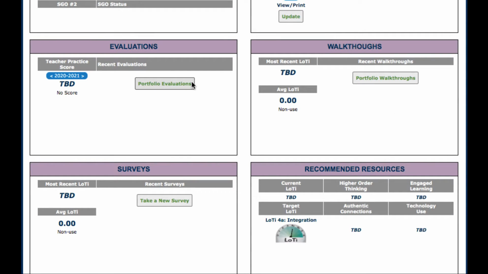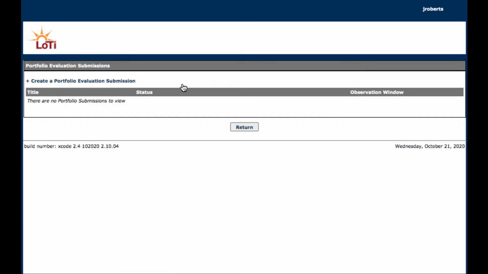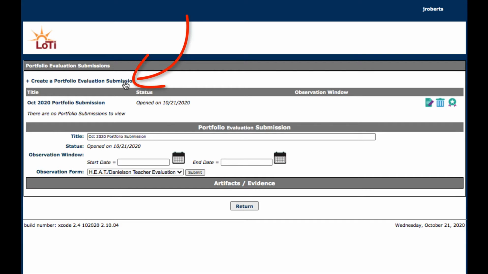On the teacher dashboard of LoTi Lounge, I'll navigate to the Evaluations block and click on the Portfolio Evaluations button. In some school systems, administrators open an observation record during the pre-observation conference, and in others, the teacher creates the record. To that end, either a teacher or an administrator can create a portfolio evaluation submission record in the LoTi Lounge. Since no record has been created yet by my administrator, I'll click on Create a Portfolio Evaluation Submission to